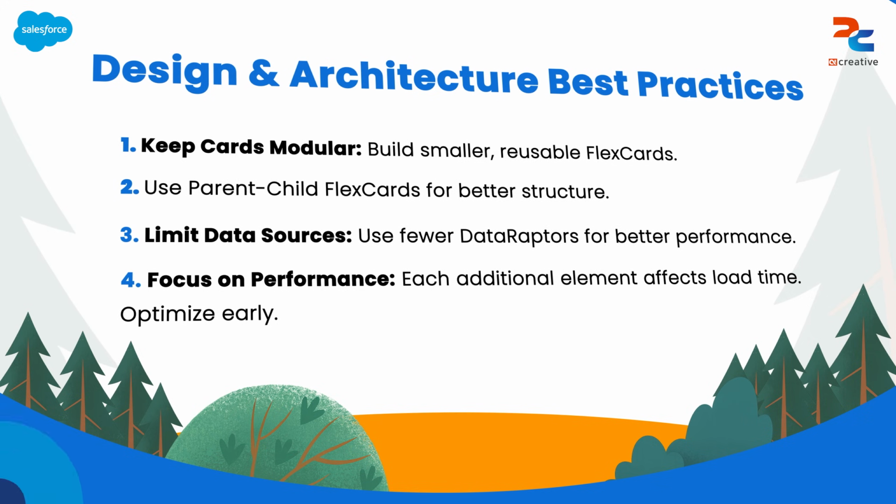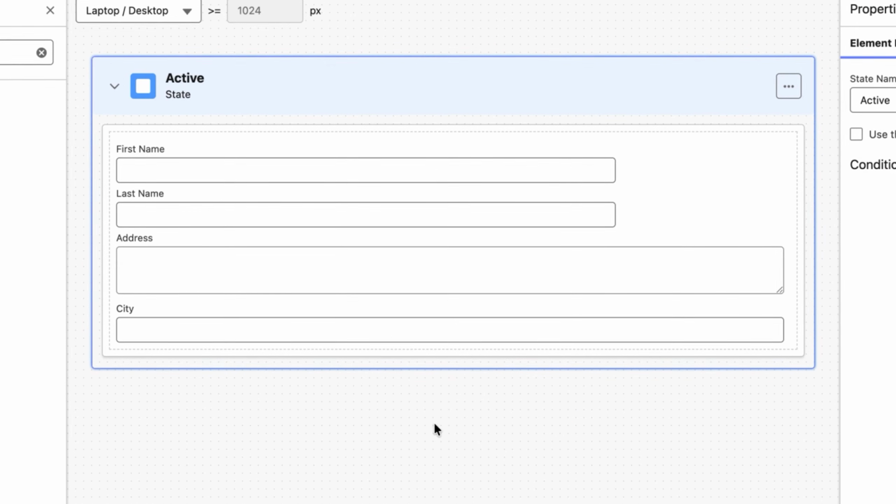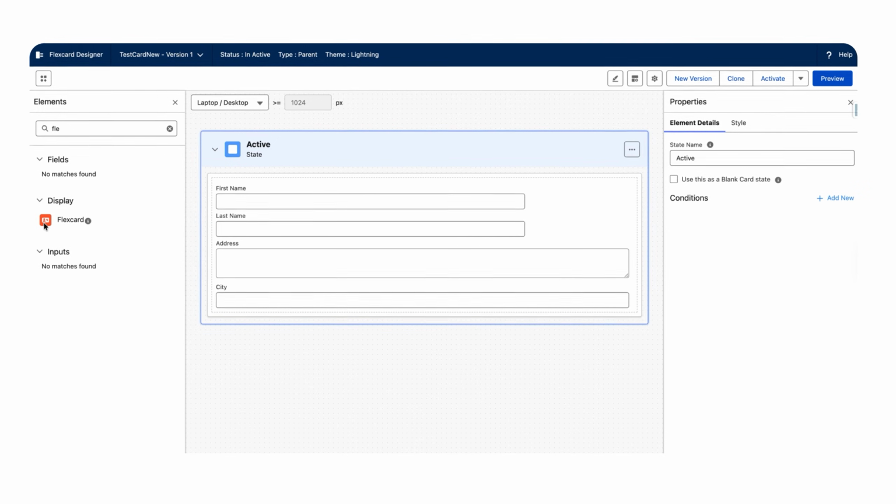Let's go back to our Salesforce. So here we can see I have a parent flex card which contains 4 fields. If a business comes with a requirement that it needs 5 more fields related to business, here we can say these all fields are related to personal information. So in order to collect business information, you can always use a child flex card so that it will be